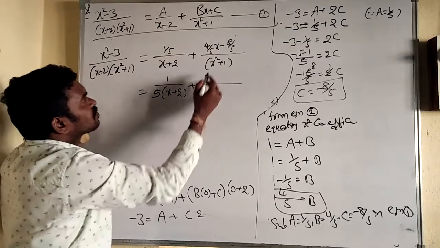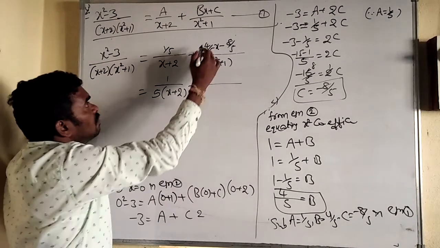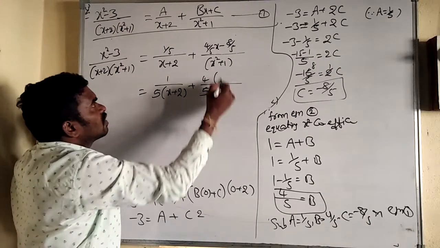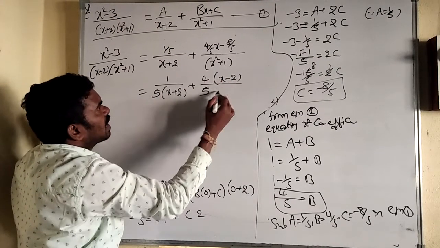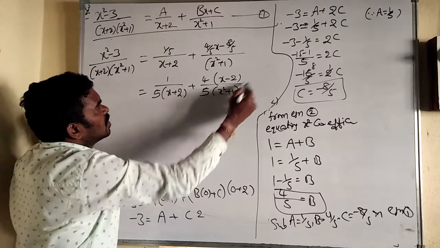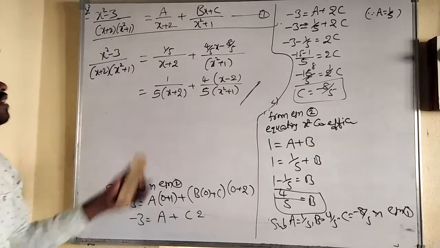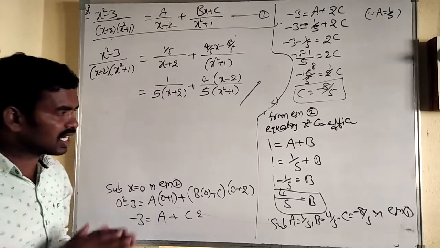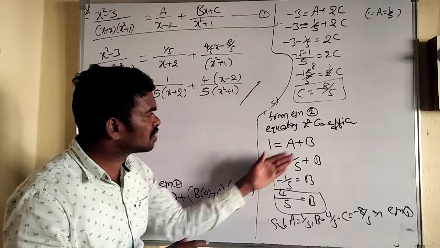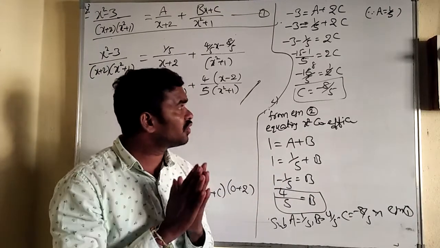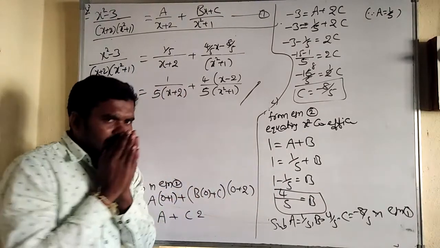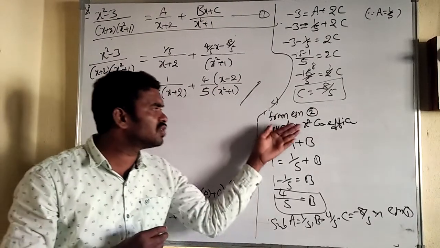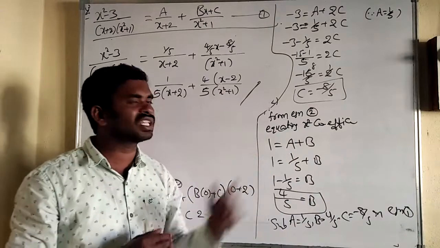In both, 5 is the denominator. In both, 4 is taken common. So 4 by 5 is taken common. We get 4 by 5 times (x minus 2) by (x square plus 1). So this is the answer of the given question. Got it? So what we understand is, sometimes this concept says that if you do not get the value directly, we can take x equal to some value, and simply by using this process also we can find the solution.